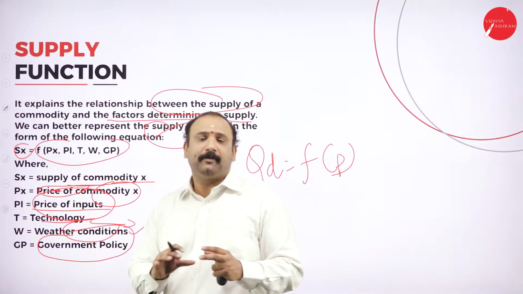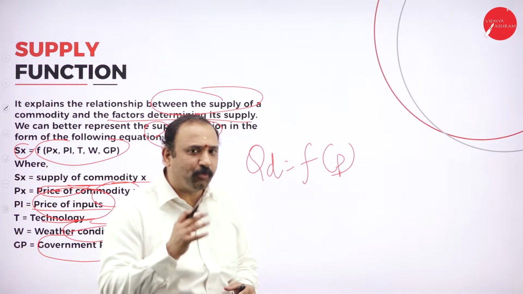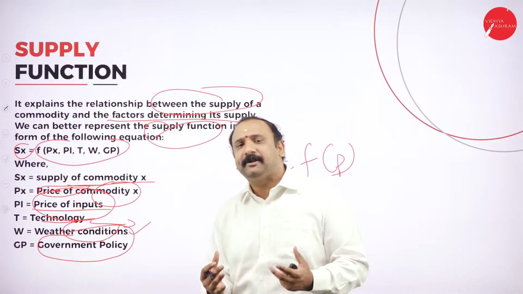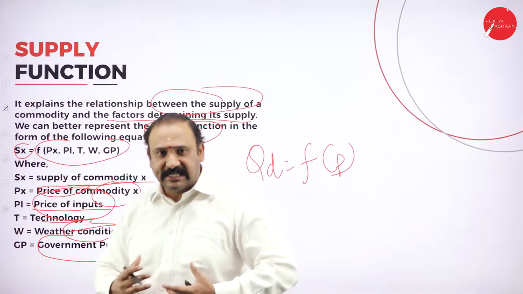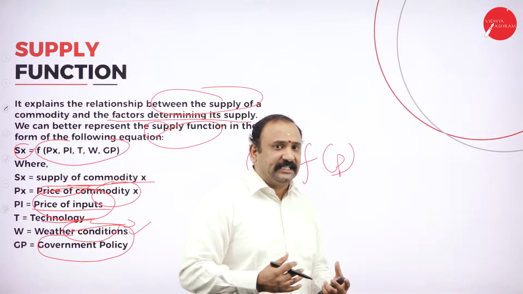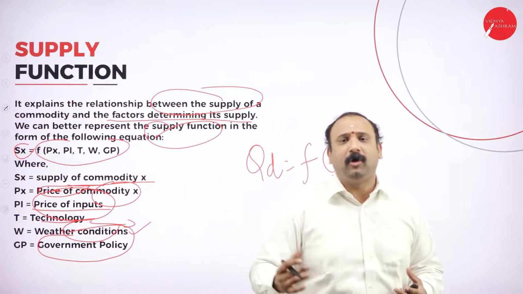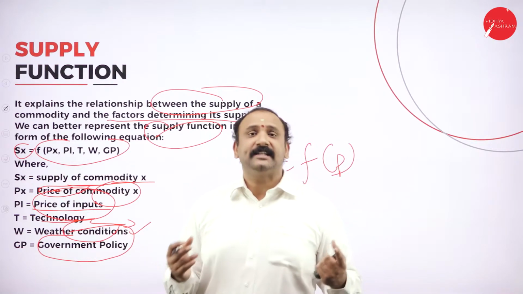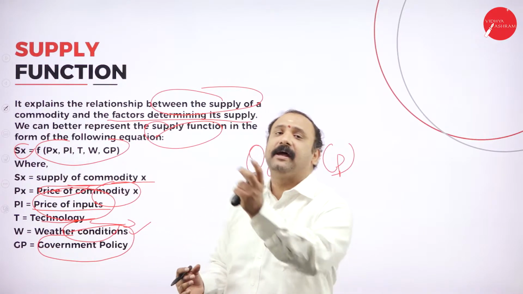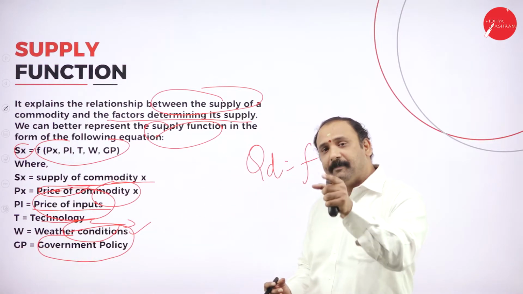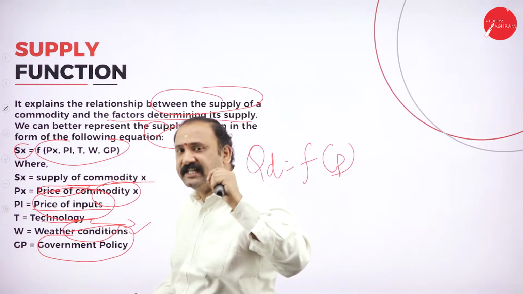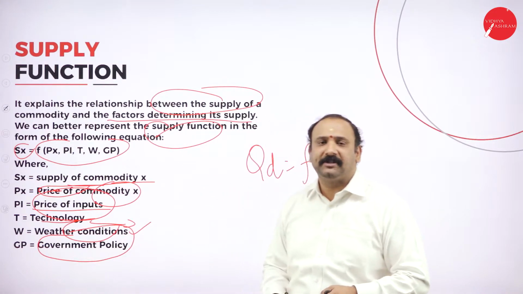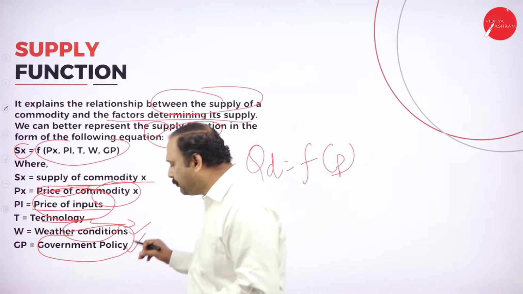When I talk about the environmental conditions, in what situation, in what condition are we manufacturing? What is the environment telling us? Is this the right time to get into production? Is this the right manufacturing setup? Is the market favoring my product to come up? If the answer is yes, then fantastically enough, the supply will start going up. If the market is not giving me the signals of producing more, then automatically I might not have my supply in place, followed by the government policy.